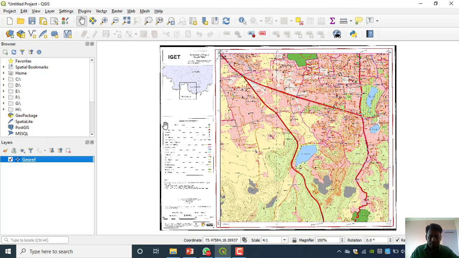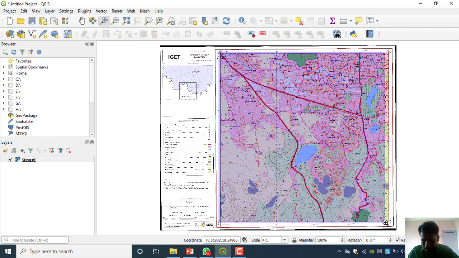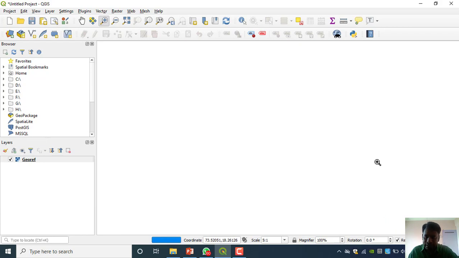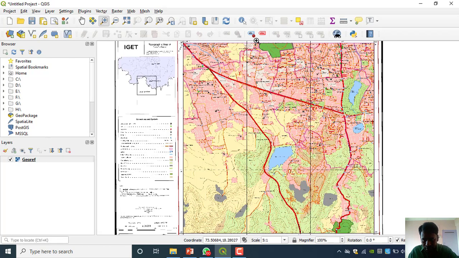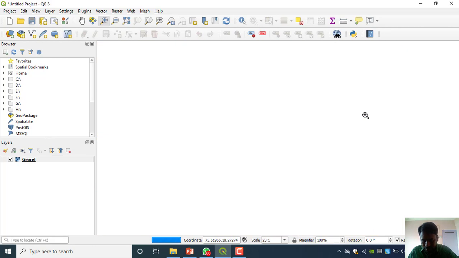Now the same things we have to follow which we followed yesterday for point and line. Now we are going to do polygon. First we have to check what polygons are there on our topo sheet or study area. See, here is a forest, here is also a forest, here is a water body. Let me check whether it is a water body or what.